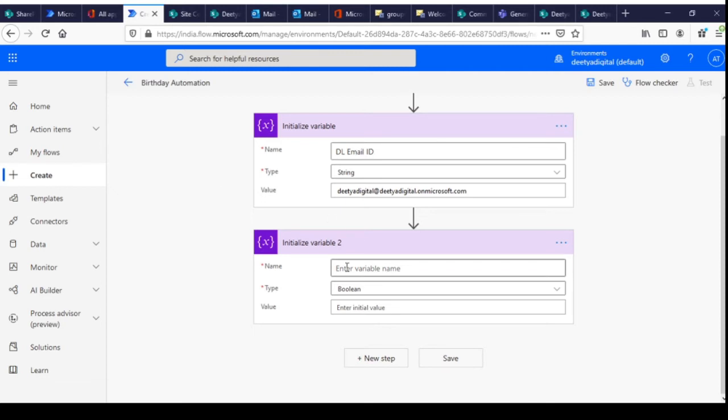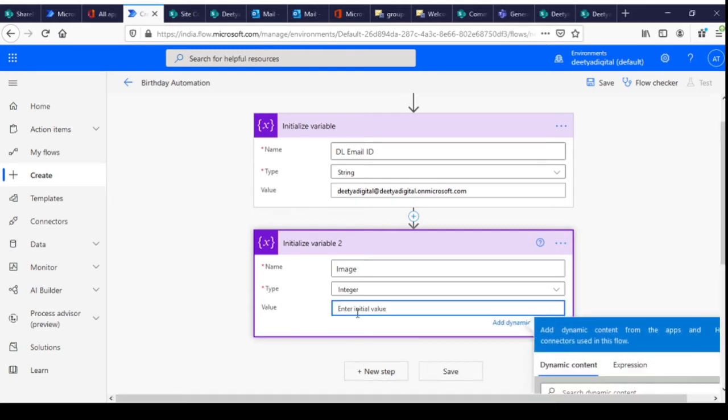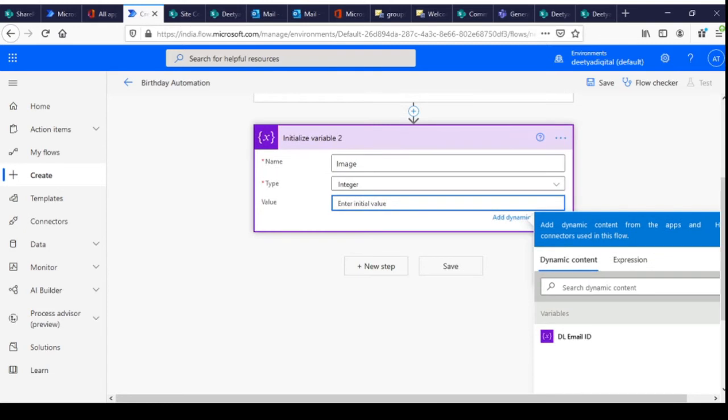This is for the image. I'll select type as integer, because our image name as well as the record is integer only, right? So what I'll do, I'll just